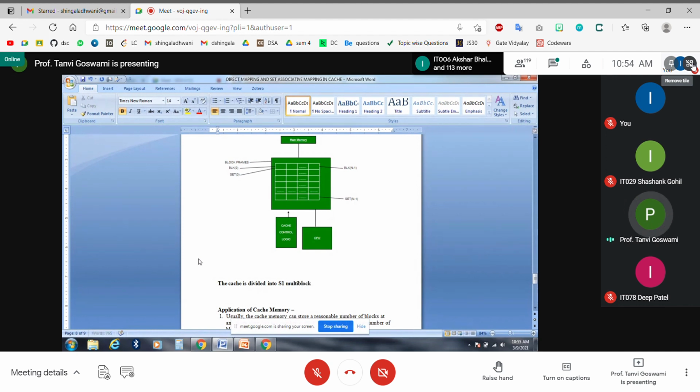These sets you can term as M10, M11, and up to the number of sets that is possible, that is M1, S1 minus 1. So we need to identify that a block